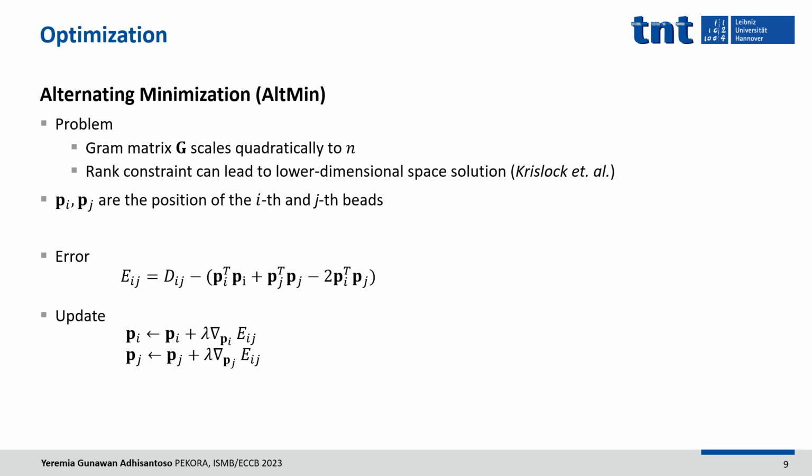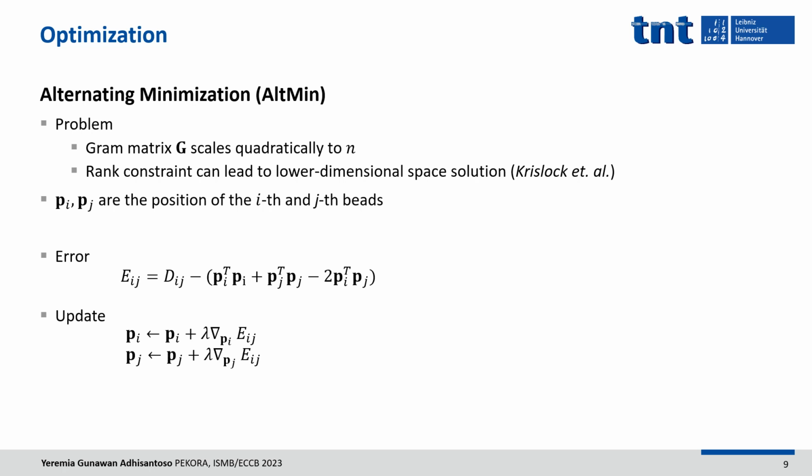Let's start with the alternating minimization. The Gramian matrix scales quadratically with the number of loci n, and the state-of-the-art methods keep the whole Gramian matrix in memory, which leads to quadratic memory complexity. Next, the rank constraint can lead to a lower dimensional space solution, which was discovered by Chris-Lock et al. On the other hand, we try to only optimize based on the observed